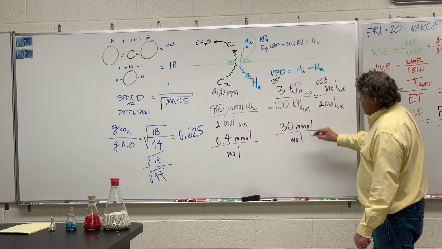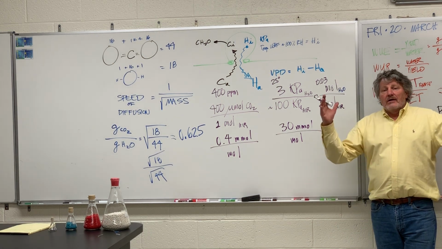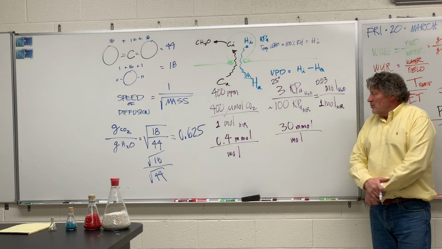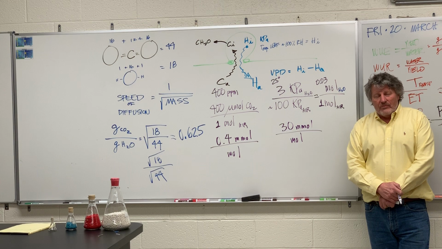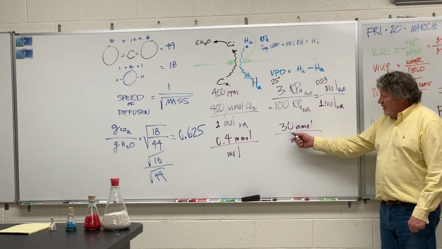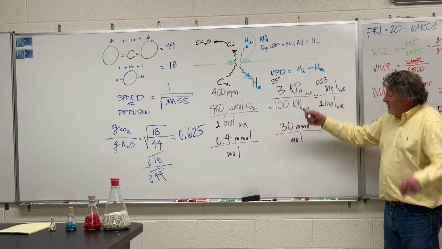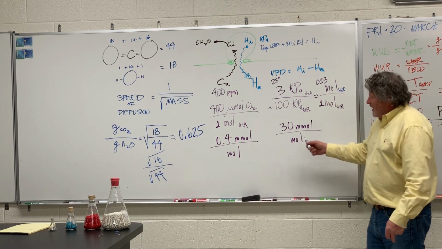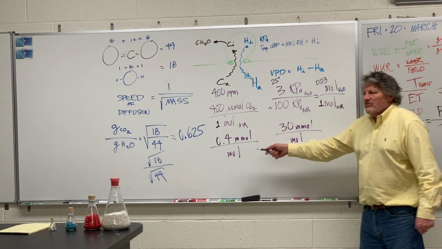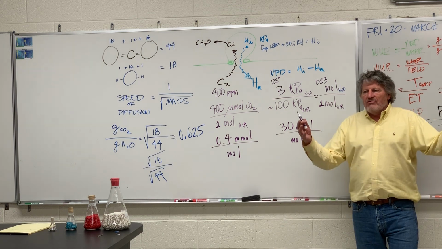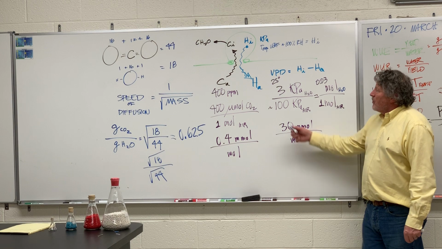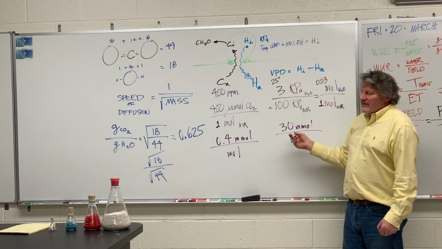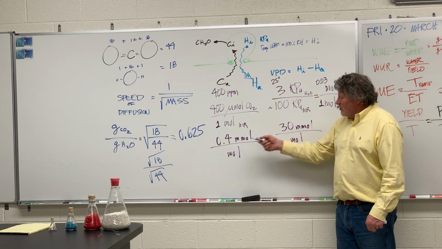Multiplying by 1,000 in the exact same units. Now, you tell me why it takes so much water to grow food. This number is almost 100 times bigger than this number. There's the fundamental problem. Water vapor is pouring out because there's almost 100 times as much water vapor in the